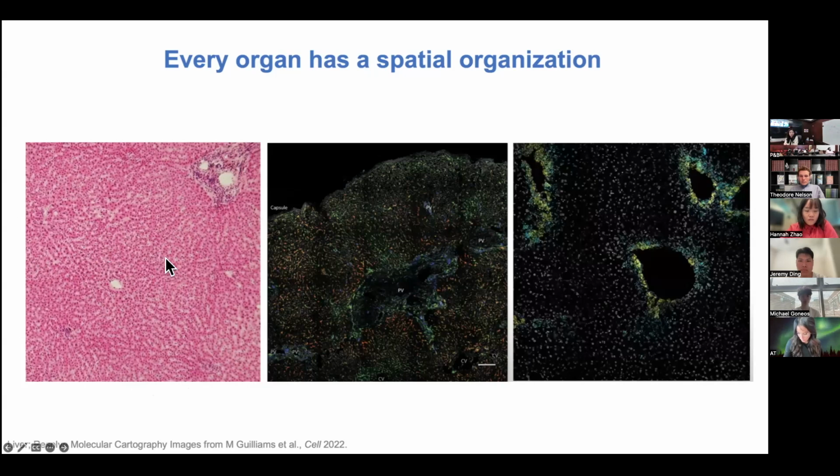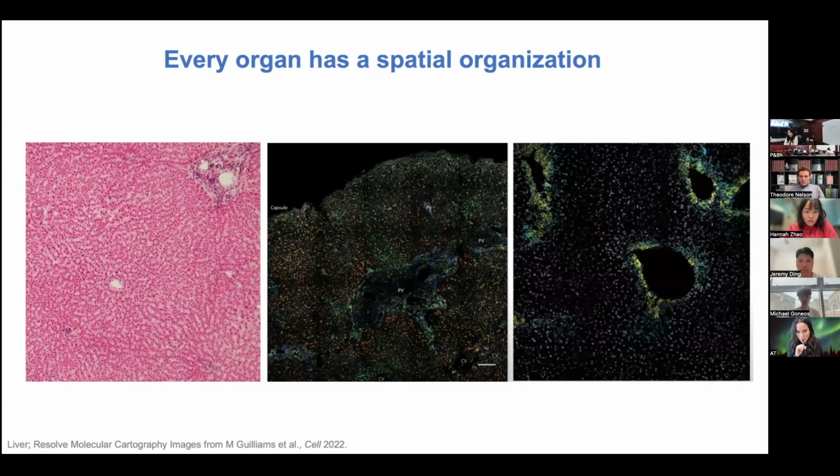And if you just look at H&E, it's not as evident as it should be. When you start to stain them and color them in different colors, you're now starting to look at these tissues and understand them in a different way, like where are the portal veins located? What are the cell types? What are the microenvironments that they are part of? Like, are they exactly the same if you're looking at two different portal veins? So these kinds of spatial organizations are what really makes it cool to have these high resolution imaging or